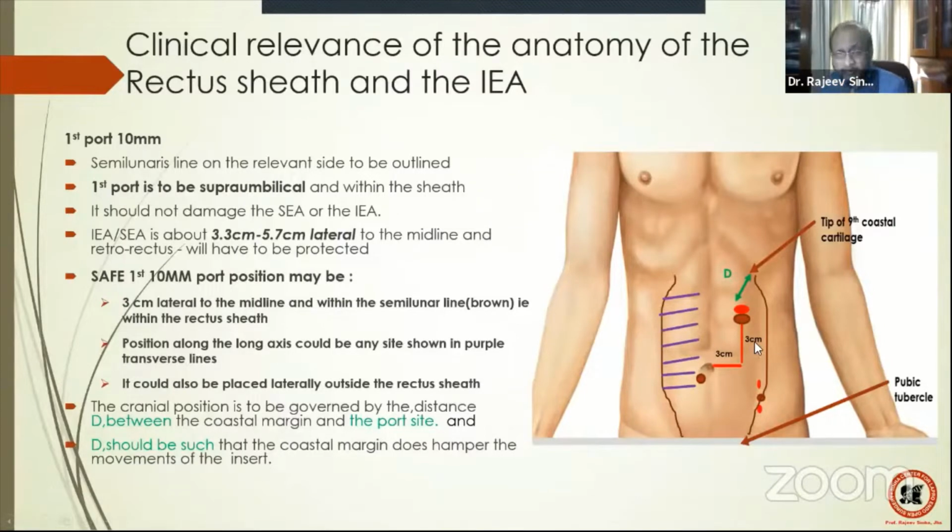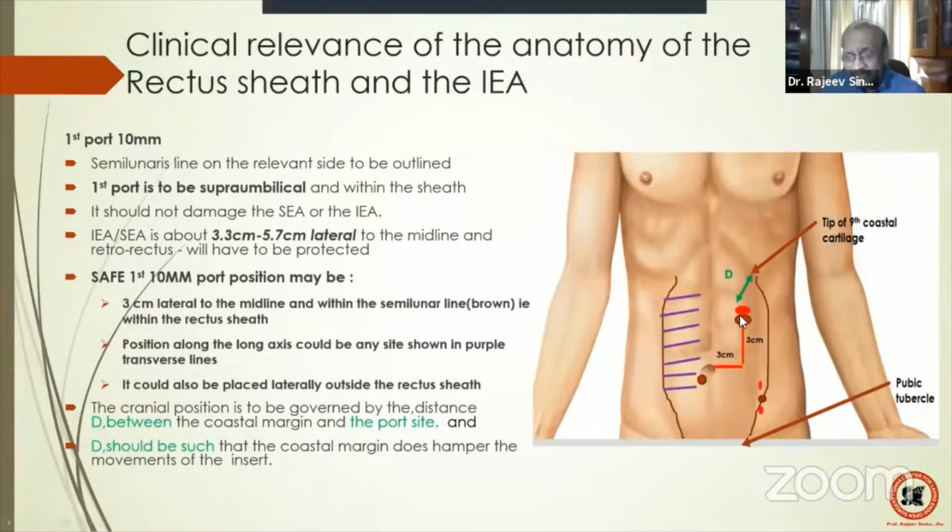Now, one thing before I go further. I want to tackle this hernia here, right side. I want to tackle this hernia, left side. Can I do it by this? Yes, we can do it. So what I'm trying to say is you can have an ipsilateral port positioning or you can have a contralateral port positioning, which means if you're trying to tackle the left-sided hernia, you can have the first port on the left side, or if you want to tackle the right hernia, you can still have the port on the left side.